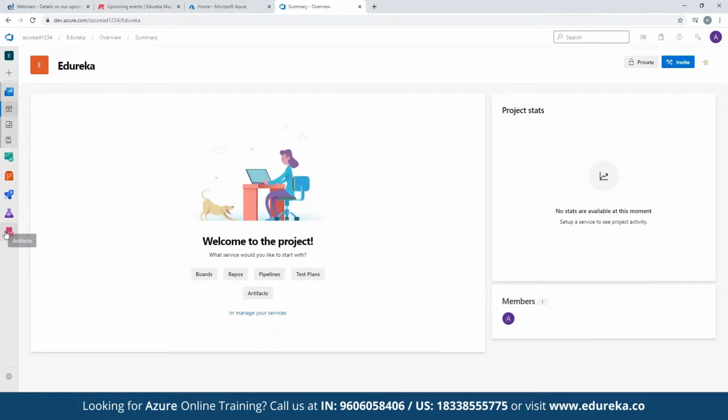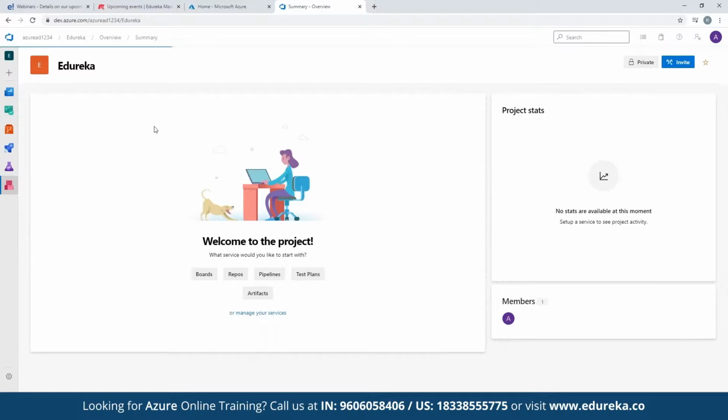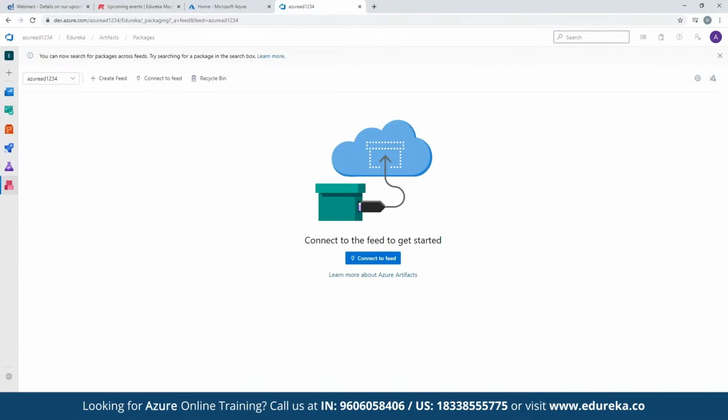Pipeline, test plan, artifacts. So artifacts, we have seen it in the portal. Click on it. If you have the code bases which are there, you can see your dependencies there, and it provides an easy way of management through artifacts. So we can also connect to the feed or create a feed in artifacts, right?